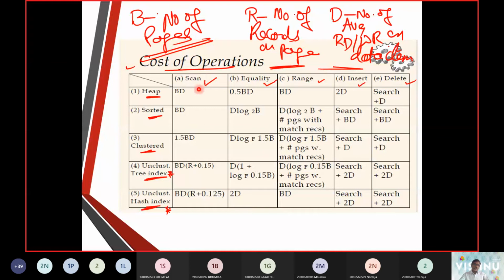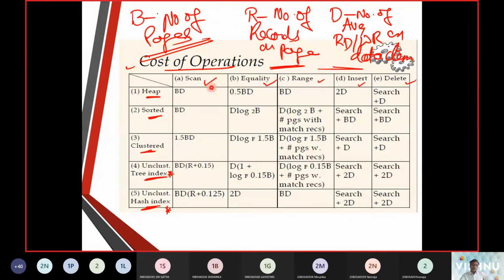When we talk about scan, we assume it as an input operation, equality a comparison operation, range with a minimum value and a maximum value, insert operation to insert a record into a database table, how much it costs, and delete a row from a database, how much it costs. So we are going to bring up these items.